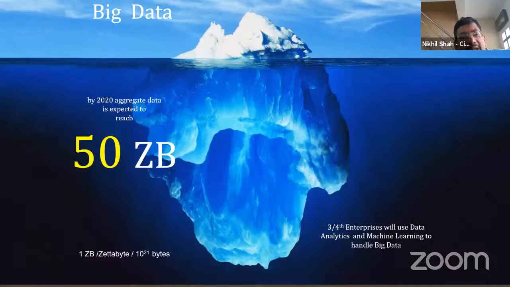To give you perspective, by the end of 2020, the total data in the world is approximately 50 zettabytes. Now we all know KB, right? 1 KB is 1000 bytes, 1 megabyte is 1 million bytes, that is 10 raised to 6. 1 gigabyte is 10 raised to 9. 1 terabyte is 10 raised to 12. This zettabyte is 10 raised to 21. This is a ridiculous amount of data. And we all know, right, that people have a habit, you just record, you take photographs from your phone.